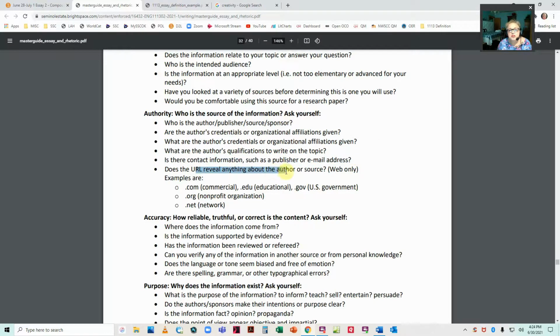What does the URL reveal about the source or the author? And so this is, again, understand that the different endings for web addresses have different meanings. Like an edu or a gov, they just don't give those out because you fork over money, right? So there's a little bit more of a line. I mean, anybody can get a .com, I think anybody can get a .net, but again, if it's a nonprofit organization, you probably have to file paperwork, right, other than just your name and your address. So again, realize that some things like EDU and GOV are going to be going to have a